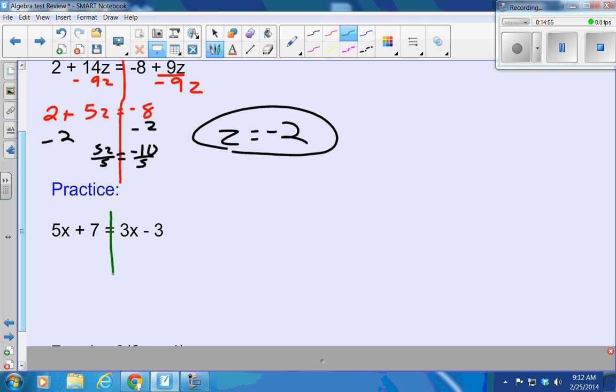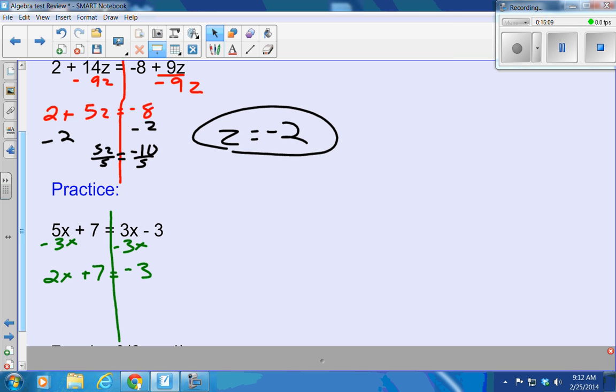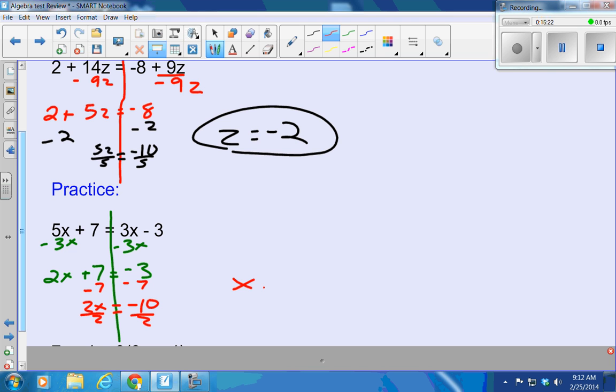It is easiest to move my smallest variable, which is 3x. The opposite of plus 3x is minus 3x. Minus 3x. That's 2x plus 7 equals negative 3. Again, I'm right to two-step algebra. The opposite of plus 7 is minus 7. Minus 7. Negative 3, take away 7 is negative 10. 2x equals negative 10. Divide by 2. Divide by 2. X equals negative